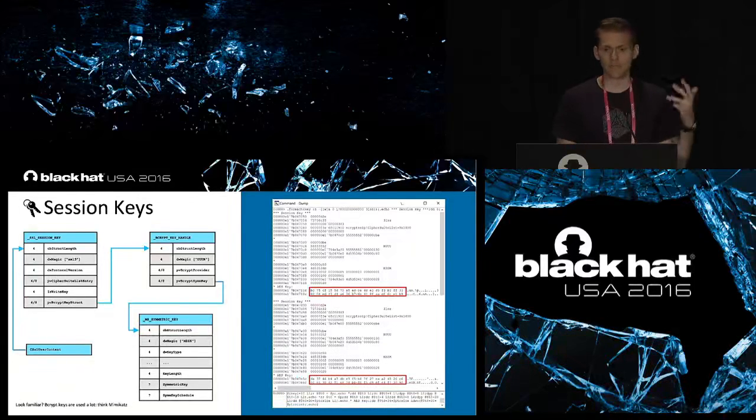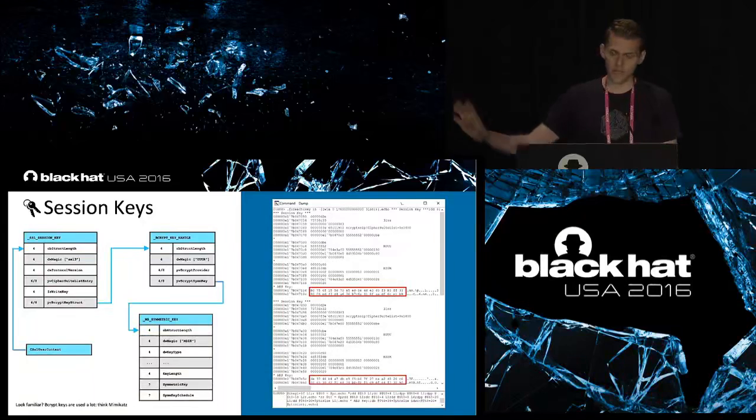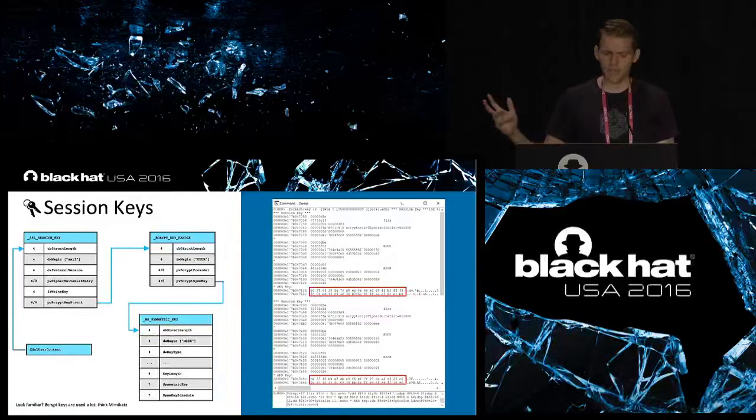And you might recognize that because Benjamin Delpy, who wrote Mimikatz, did a lot of work with bcrypt keys and things like that, because AES and 3DES are used in encrypting other kinds of secrets. So if you go look at the code for Mimikatz, you'll see what he calls those. He calls the MS symmetric key, I think, a bcrypt key, and the other thing a bcrypt key handle. The reason I call it an MS symmetric key is because of the symbols that Microsoft uses, and the fact that the magic value for it is MSSK, Microsoft symmetric key, and it's always a symmetric key. So there you go. We've got those, but we're not going to spend a lot of time on that